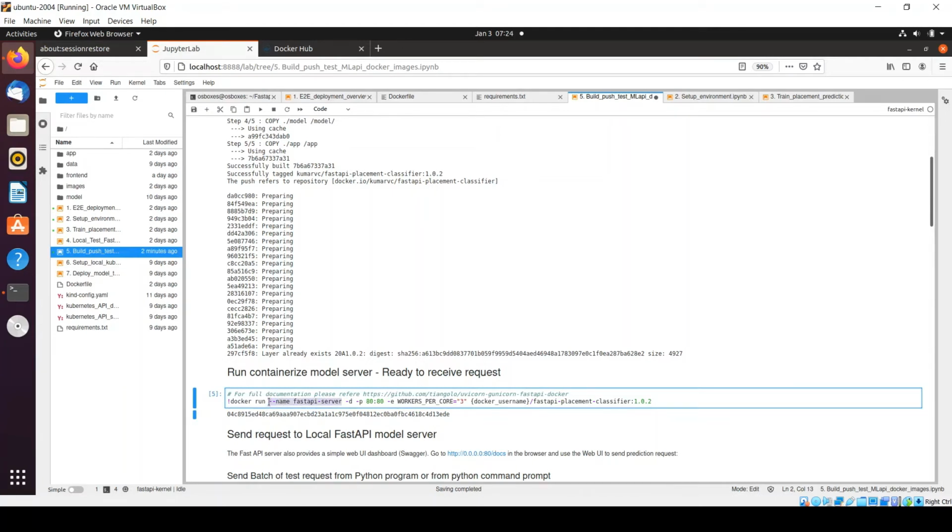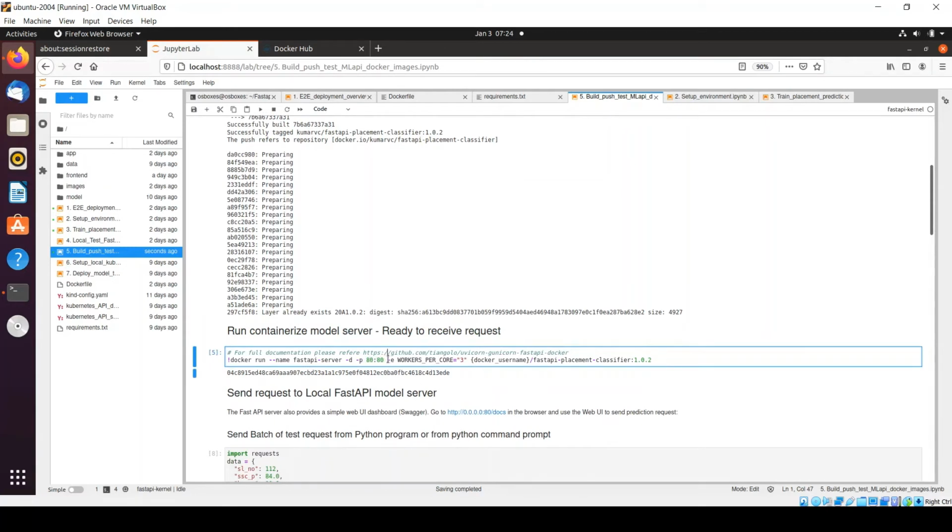So I'm giving --name, and the name of my Docker container would be fastapi-server. -d means it will run in the background. -p is for port. So I'm giving port 80, mapping port 80 from my Docker container environment to port 80 for accessing it from the external world.